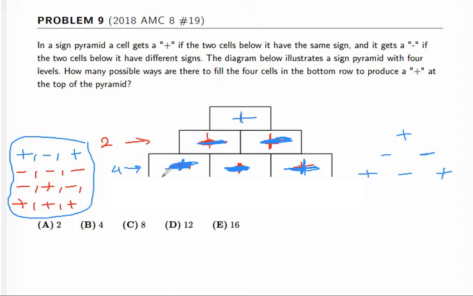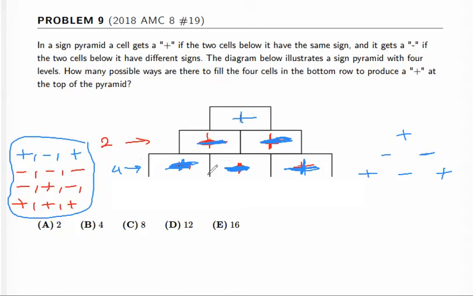layer. Look at the pattern: every time you add one more layer, you are actually doubling the number of things. And I'm going to ask you to think about why you are doubling. You are not just increasing by two, you are actually doubling. Because for every choice that you start with in the previous case, you are getting two more ways to get the next layer. So like if you were to